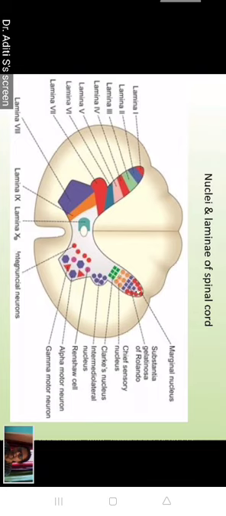See here in the lateral view, the nuclei of the spinal cord can be described in two ways. Either by the name of the nuclei, only the name of the nuclei, or in layers, because they are arranged in layers. That's why these are called lamina. Either in lamina or in nuclei, whichever you want, you can explain this.